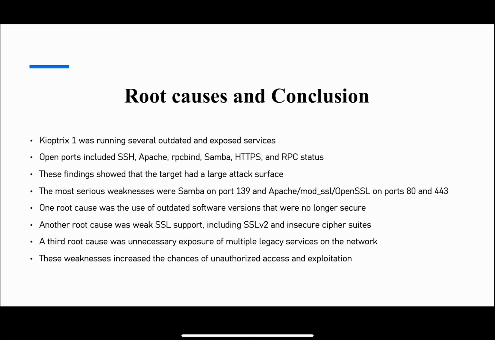These findings showed that the target had a large attack surface and multiple possible entry points. The most serious weaknesses were the legacy Samba service on port 139 and the old Apache mod_ssl and OpenSSL service on port